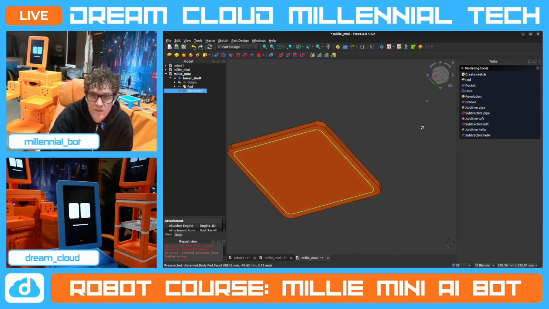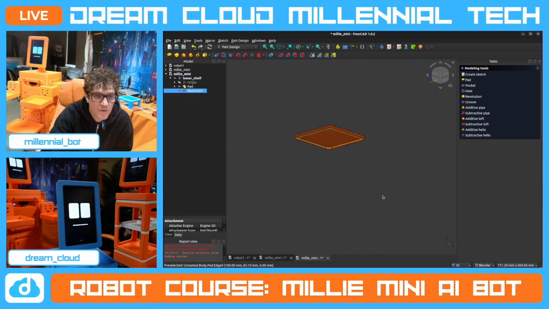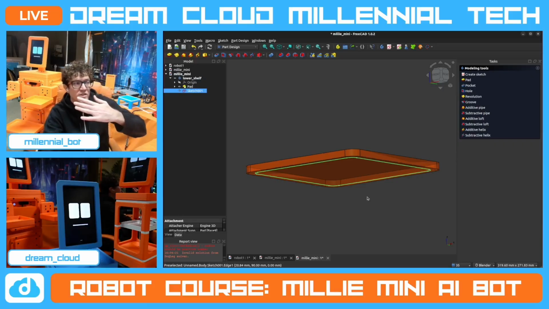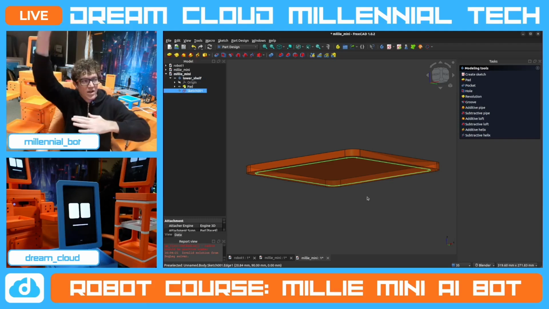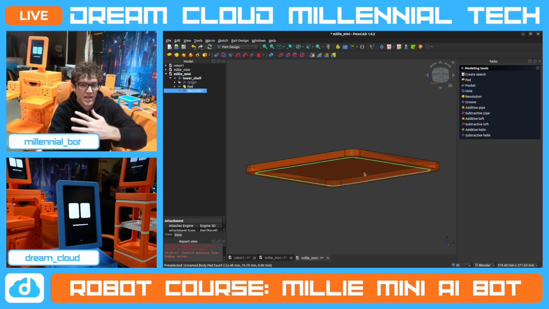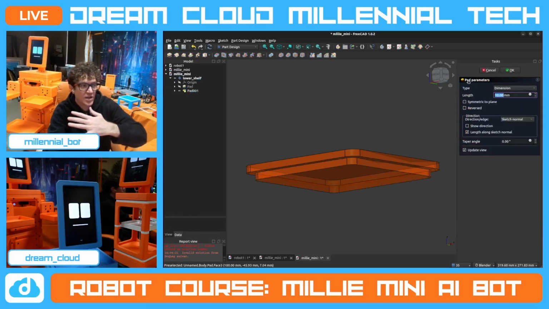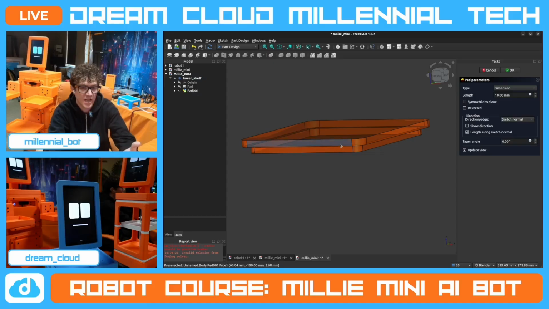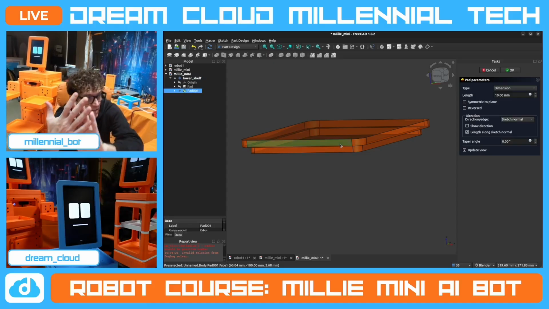Well, if we're going to look at this from the top, you can see that that sketch is underneath, right? We drew that on the bottom of the first pad. Now that also means that we drew it on the surface, so when we go to pad it, it's going to pop off that surface. Not everything is going to go up. What you have to realize is that when this pad is created, if we click pad, it actually comes out of the drawing based on where the surface was. So if we drew it on this side and then we hit pad, it would come out from that surface,